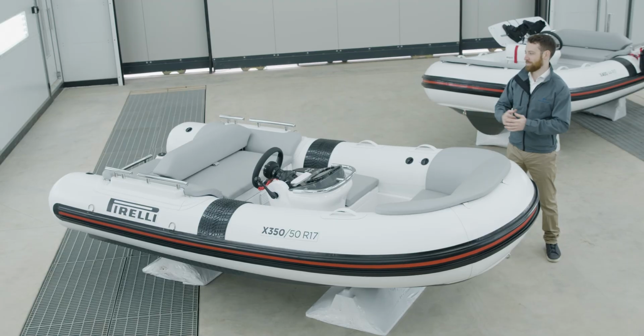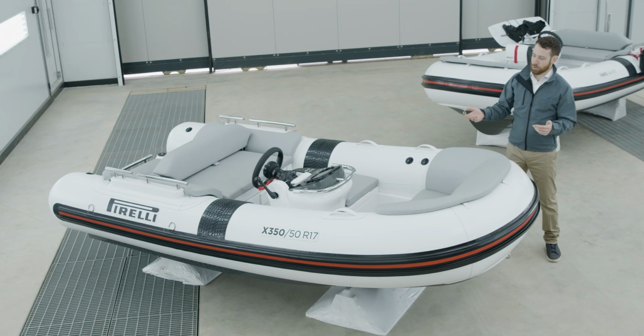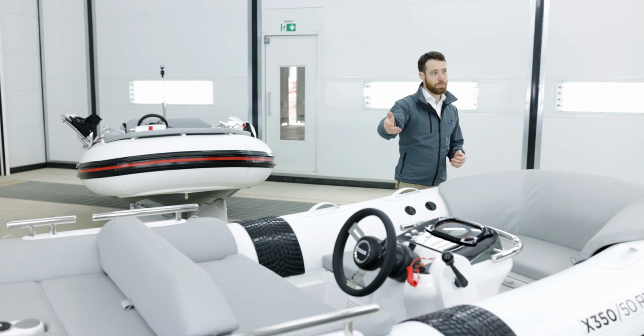To give you an intro to the X Line, the supplement to the J Line, we need to focus on the layout. While most tenders in this category are fast and fun, they're not all as accommodating and social as some owners would like. The new X Line layout allows you to carry more guests, allows those guests to move about the boat more easily, and therefore allows you to balance any load so that you can make sure to have smooth cruising in